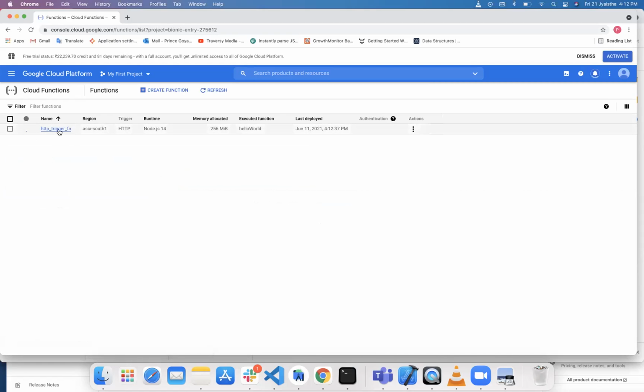So here we will have a cloud function which has this region and HTTP trigger, and of course the language is Node.js. We have also got the memory here, that is the allocated memory. The executed function is this, and the deploy date is here.